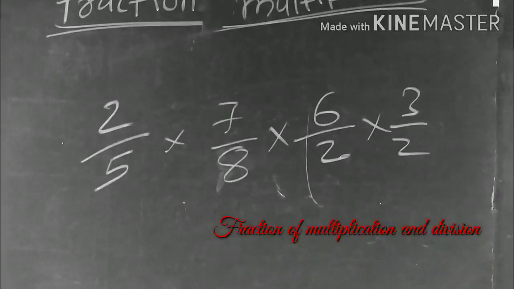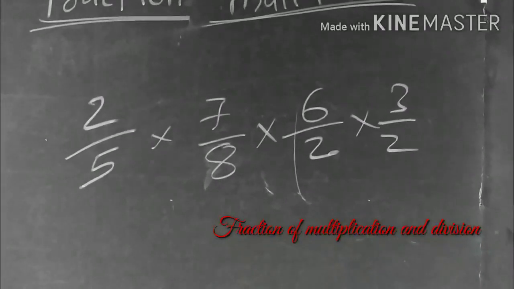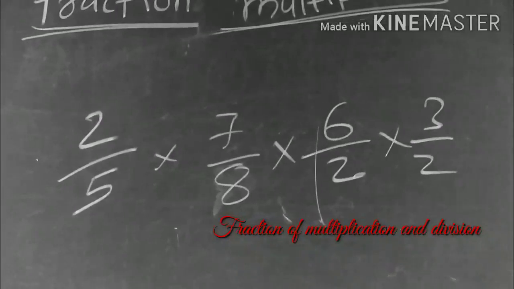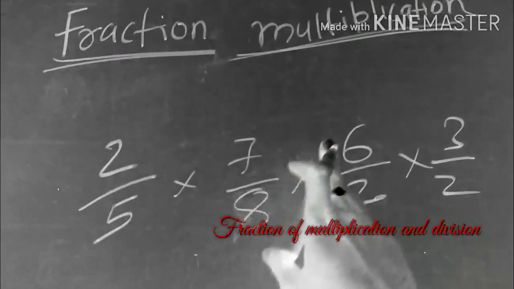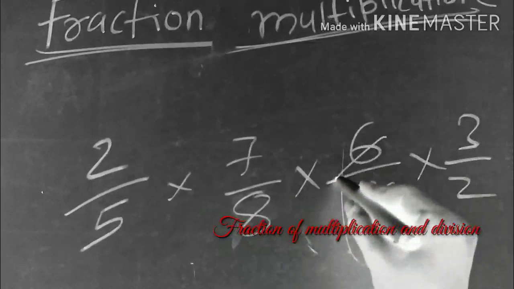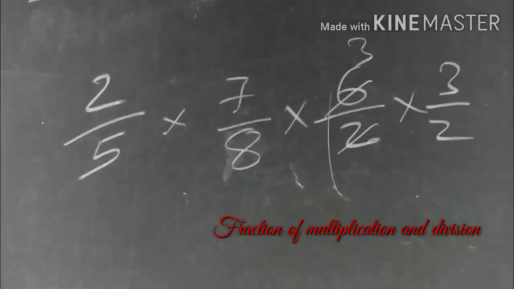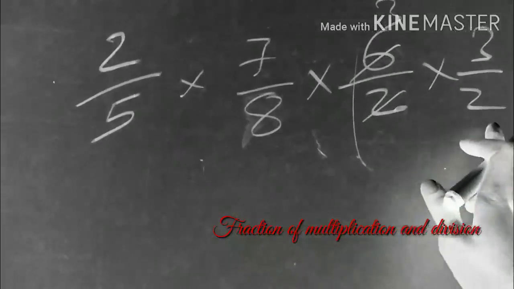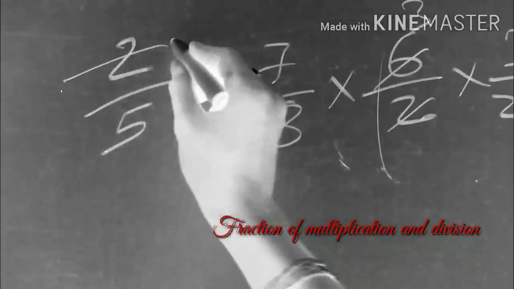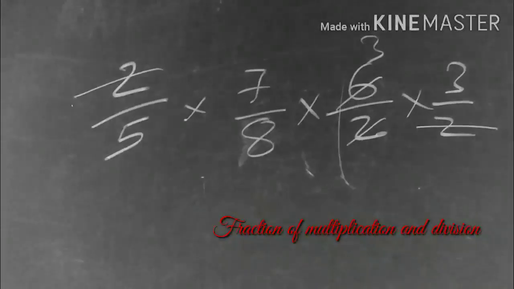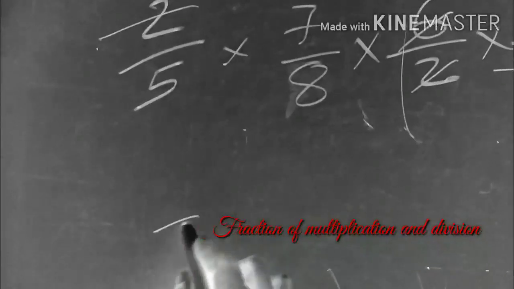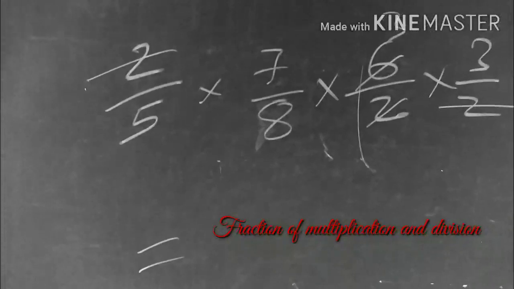2 by 5, 7 by 8, 6 by 2 and 3 by 2. We can take the common. 2 5, 7 by 8, 6 by 2. Yes, common. 6 3s are 2, 3 is 6 and 3 2s is not common. So we can take 2 and 2. Yes, 2 and 2 is a strikeout. And 8 6 3 is not possible. So we can do it.